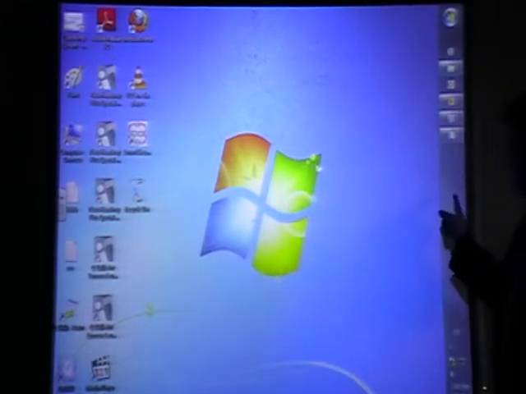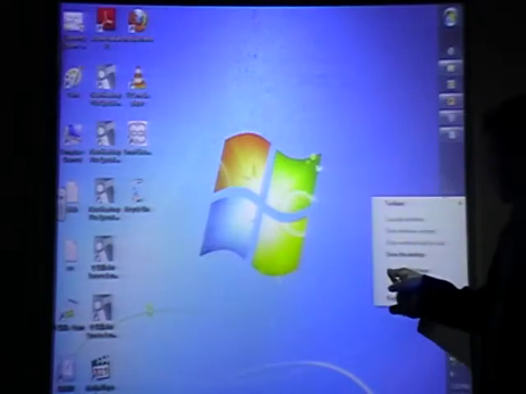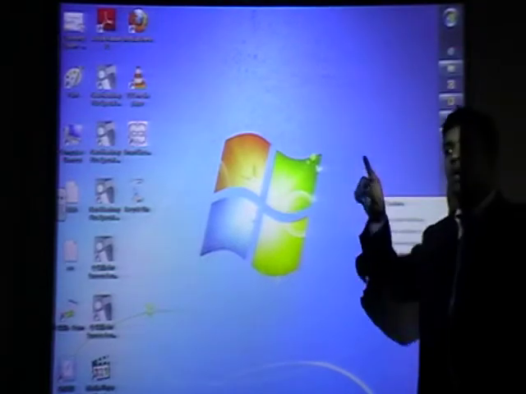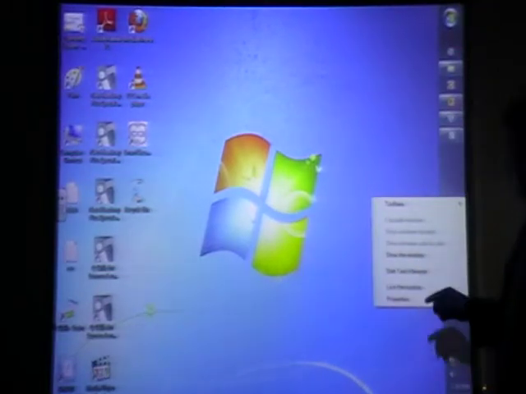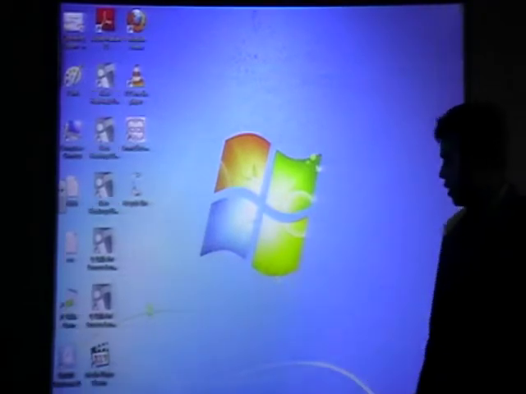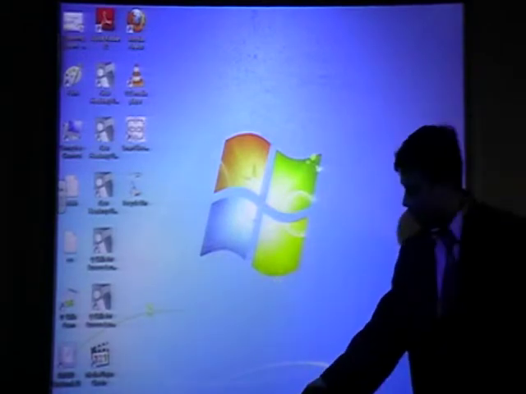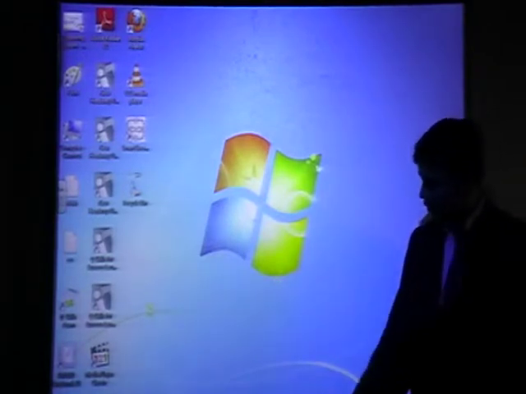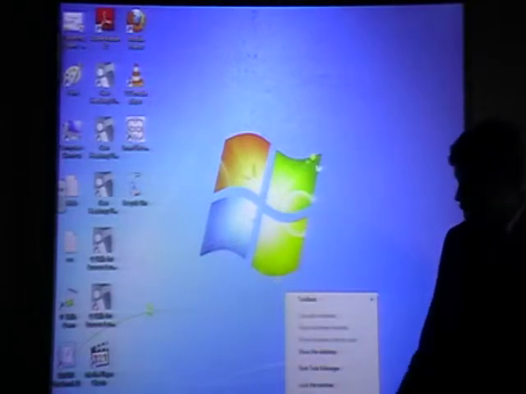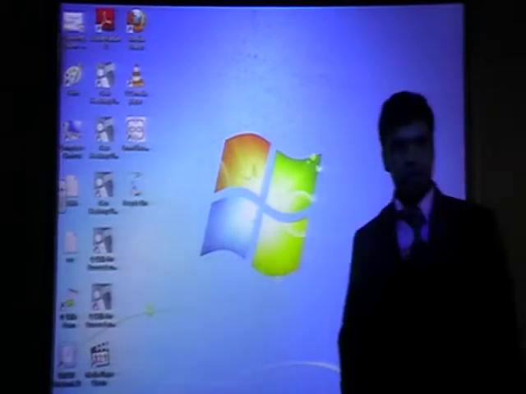See like this. Right click here. Lock the taskbar. This tick mark. Remove the tick mark. Then you can move. Now you want to bring it down. So click and bring it here. It will come. Right click again. After that, click on lock the taskbar. So it will be fixed.